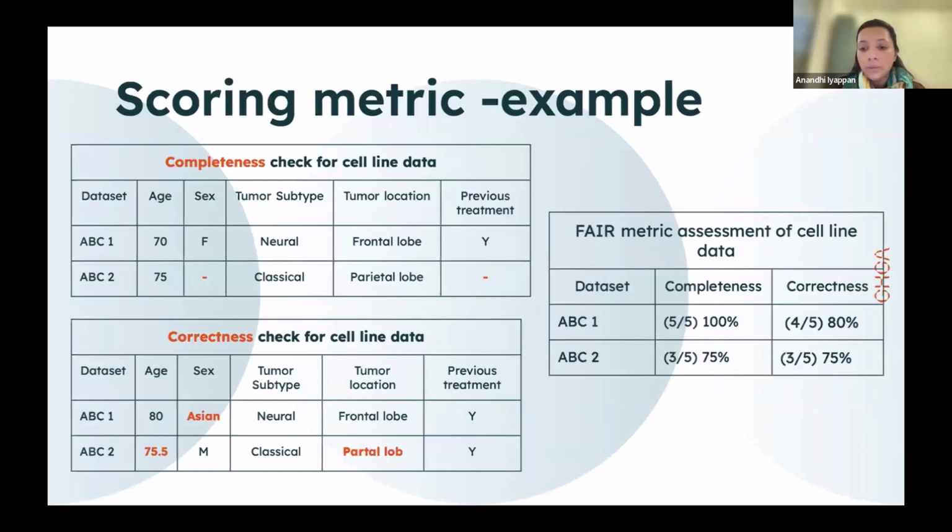So this can be evaluated by a score like this. So if you have like 10 rows, and 5 out of 10 are correct, then there will be a percentage for that. So this way, a percentage of the data set can be evaluated for completeness, for correctness, for coherence, and the 3 other things I mentioned to you in the previous slide. So like this, FAIR metrics can be designed. And like I said, this can also be made subjective according to the data that we have in hand.